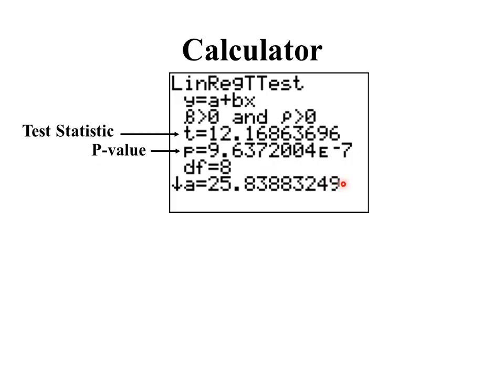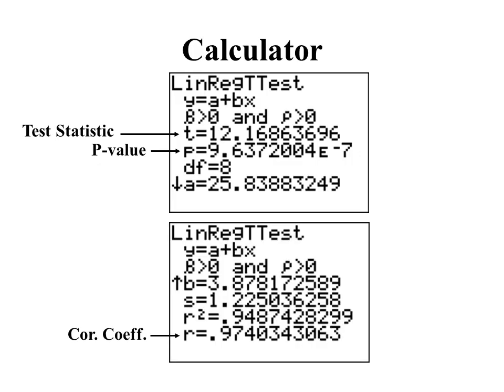And then next, it gives us a. We'll talk about the meaning of a in the next section. But you see that there's some more results. So if we scroll down, we get a window that looks like this. Here it gives us the value of b, which again we'll talk about in the next section. Here's the value of s. We'll talk about that later.